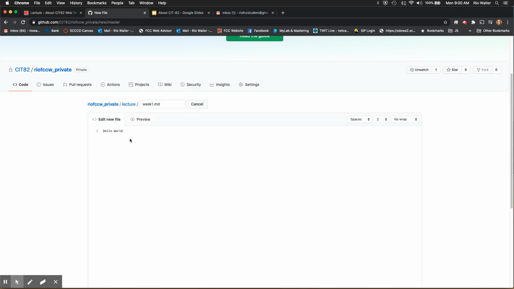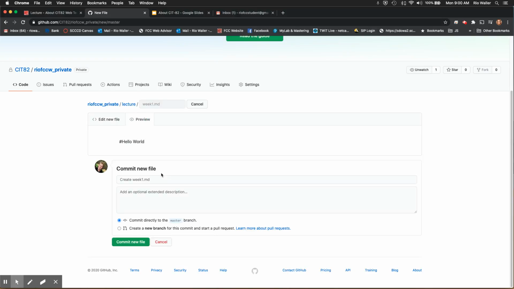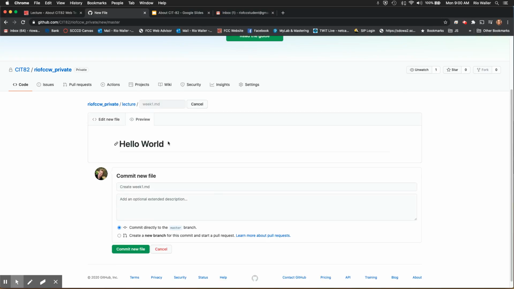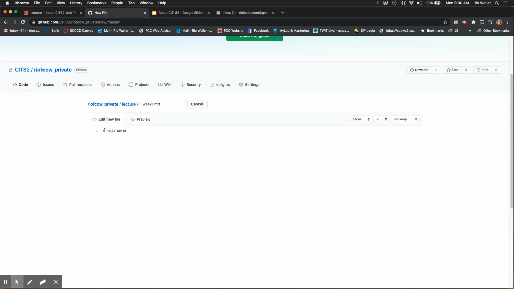And I'm going to show you something that you're going to learn on the next assignment. I'm going to hit preview again. Oh, sorry, I got to put a space there. Oh, there we go. So notice how that makes that text what you typically think of as a heading, right? So what did I do? I put pound and I put hello world, but I'm going to have you change this to